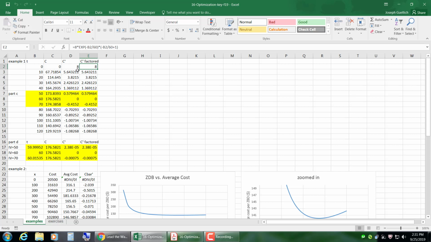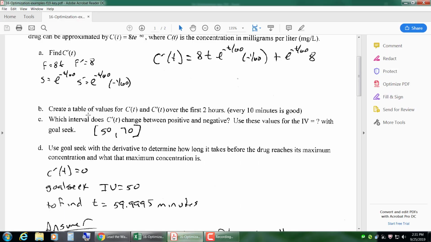I didn't handwrite it, but once you create your table of values, you are looking for where the derivative, so C prime is the notation, changes from positive to negative. It switches signs. So between 50 and 70, so that's the part C here, between 50 and 70 we see that that derivative changes signs. And that's the new thing for Unit 2 that we're going to use for the IV, the initial value when we do goal seek. Rather than some random choice, we need to narrow down our choice to better make sure